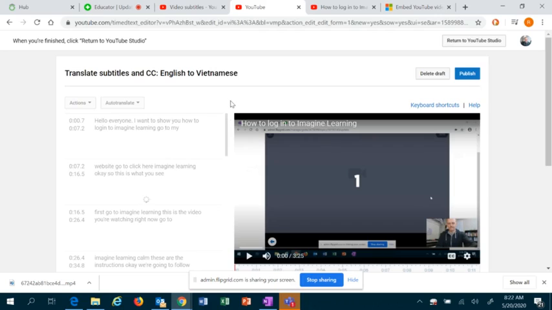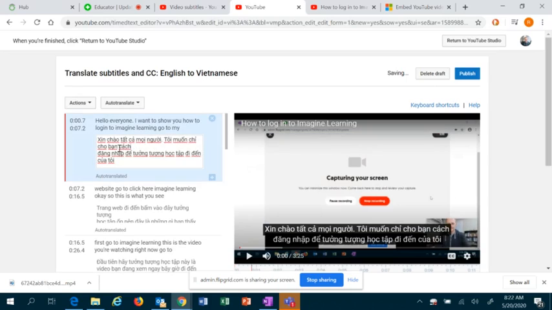Now, if you are bilingual and you speak the language that you're having it translate into, then you can read the resulting translation and you can make the edits right here. So if you could read that, some of you can, then you could go ahead and make corrections there. Obviously we're not going to be able to speak all of the different languages, so we just kind of trust the machine translation. That's why we try to edit the English first. Okay, publish,